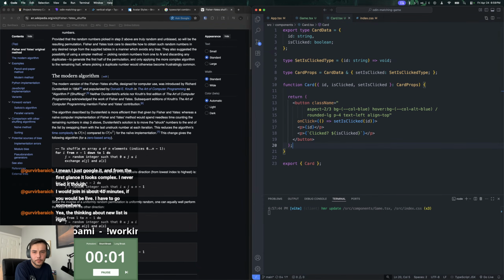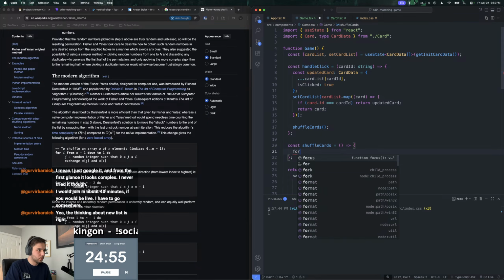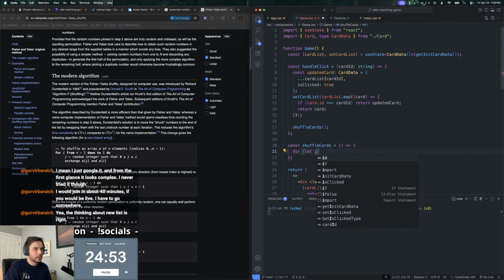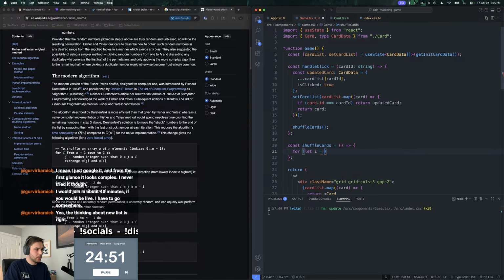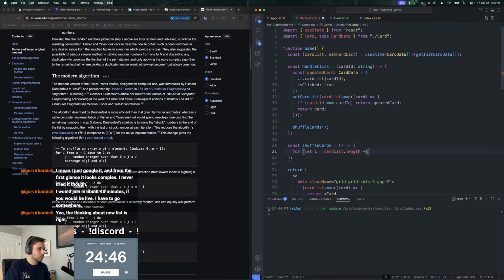All right, let's get back to it here. So what we're going to do is this for loop. We're going to say let i equals card list dot length minus 1, i is greater than or equal to 0. Or wait, down to 1 actually. i is greater than 0, i minus minus. And then we'll say const j equals